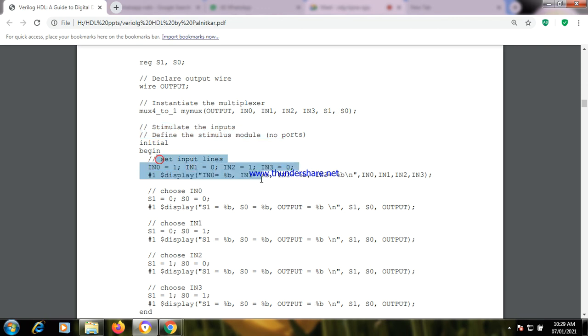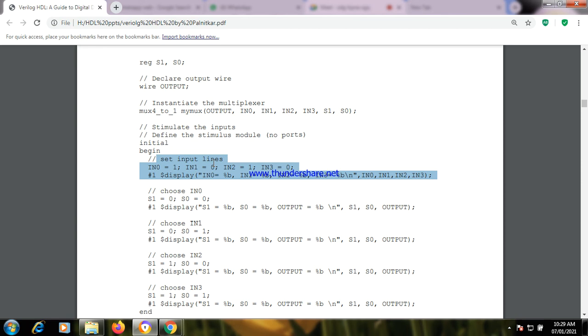So set the input lines. Basically, in the HDL kit or FPGA kit, we are setting all the inputs I0, I1, I2, I3, and along with them also S0 and S1.